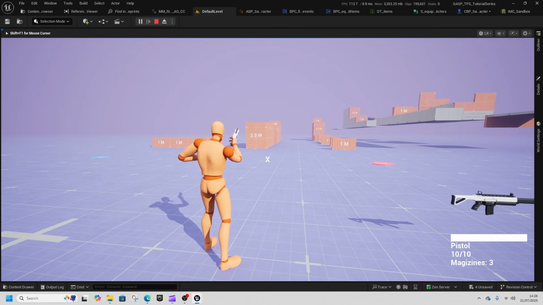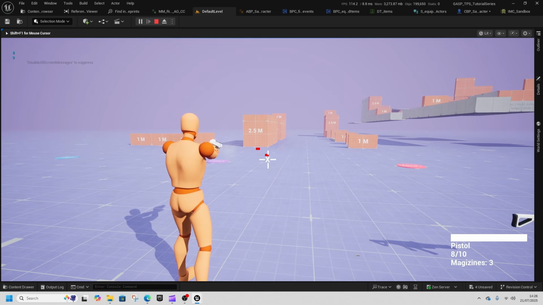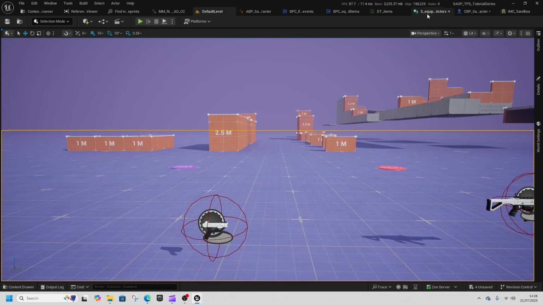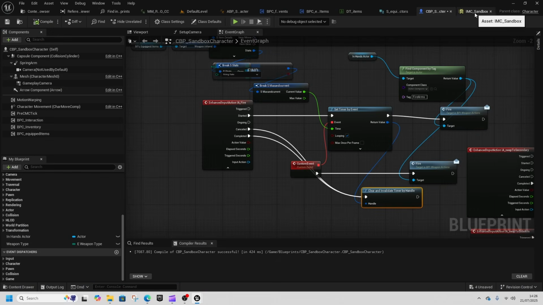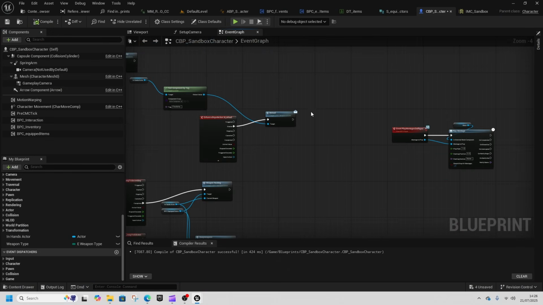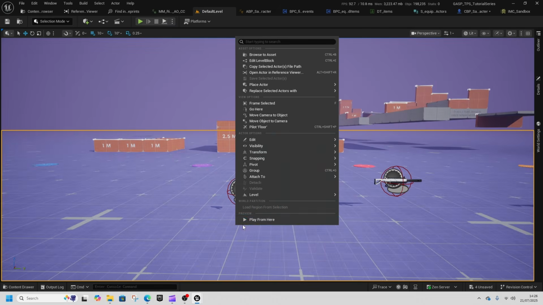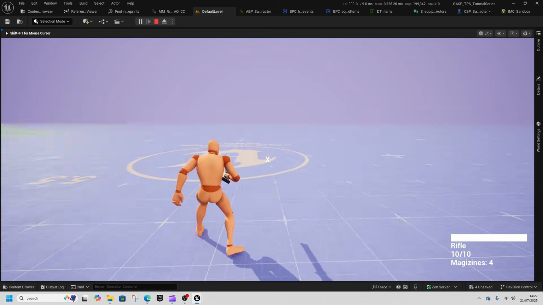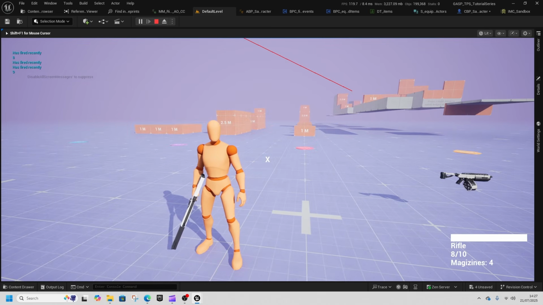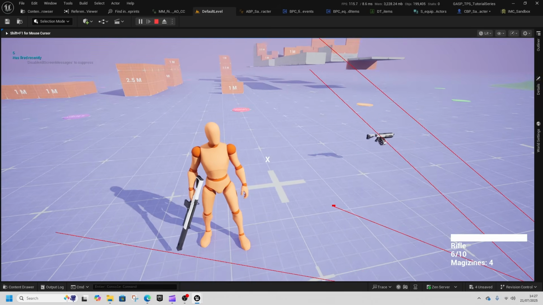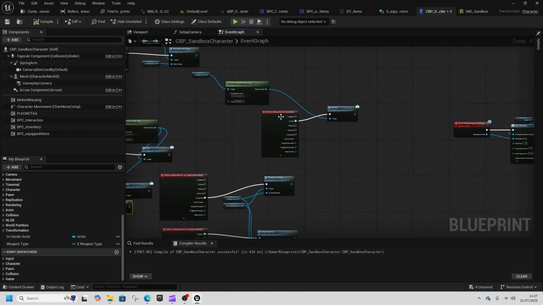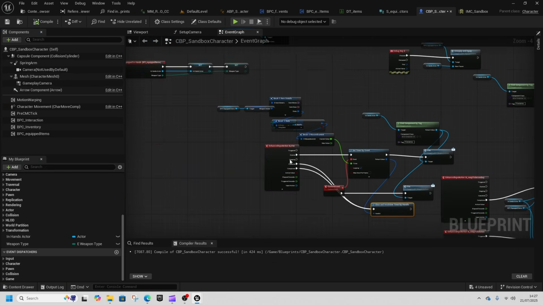Then we reload with the R. And then we'll go every 0.5 seconds. It runs through and shoots again. So the other thing to do is right now, if I pick up a weapon, I can go behind me and shoot, and it'll do this, and it's a bit like, why is it doing that? So what we want to do is get our character, and when we press fire, which is this one,